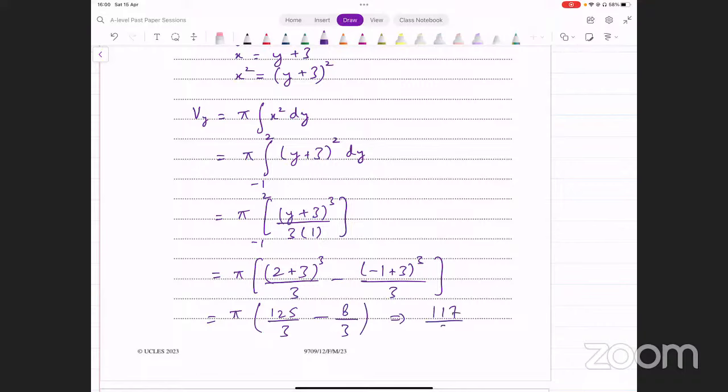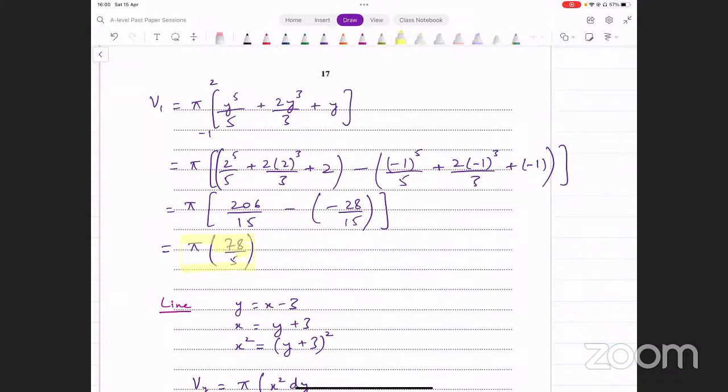Or in fact, I think that's divisible. ये 117 over 3 क्या होएगा? 120 is 40, so that's 39. This is giving me 39 pi. This is the volume of revolution that we get for the area under the line. Area under the line जो है, उसको जब rotate करेंगे, उसका volume कितना आएगा? 39 pi. ये दो numbers आ गए आपके पास,